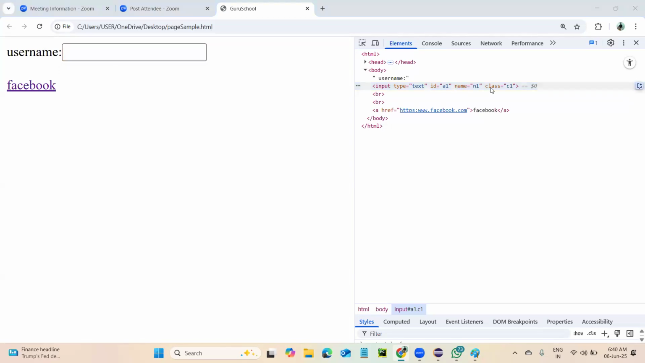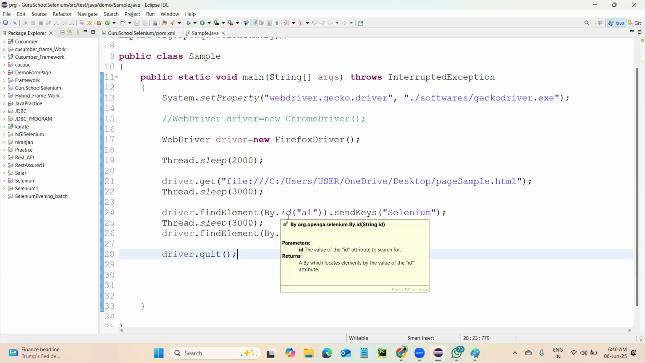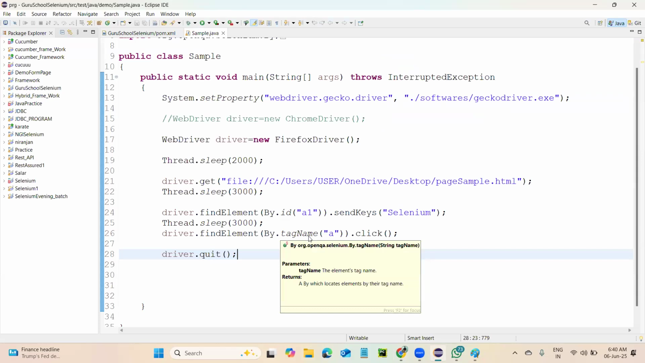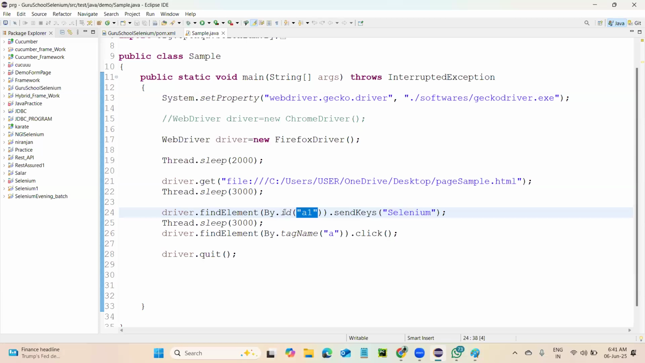So now, instead of the same, all are same guys. Instead of ID, I can go with the name. Next, instead of this tag name, I can go with the class name or other. All the locators are same. You just need to change the locator and specify the path. If I take the name instead of ID,